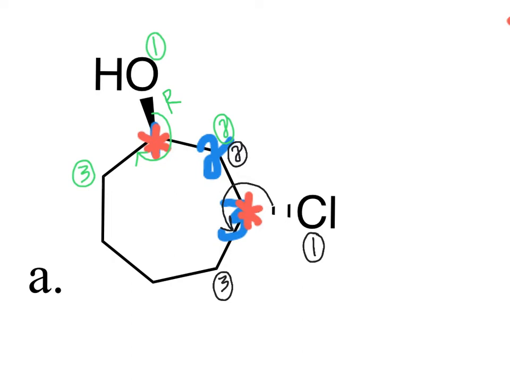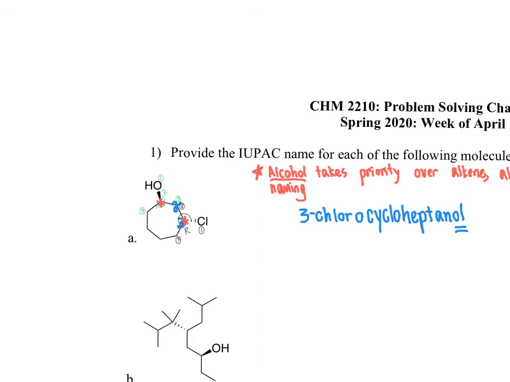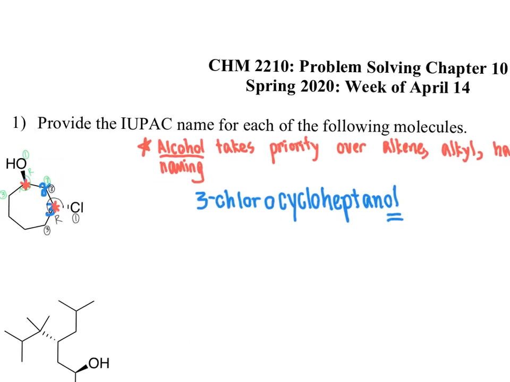And since the hydrogen points toward us rather than away from us, that indicates that this is an R configuration stereocenter here. So now we'll go ahead and fill that information in to our name. So I'll zoom back out here, and plugging this in